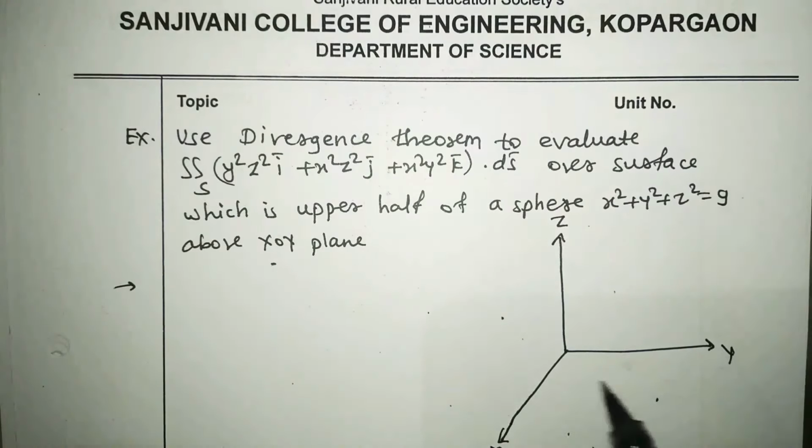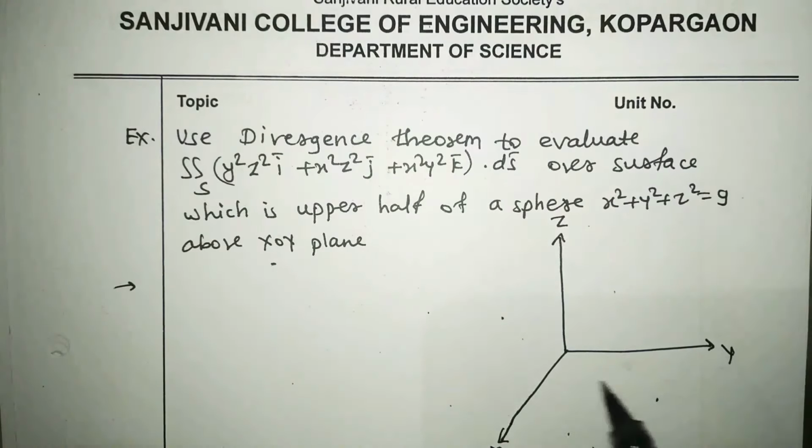So to use the Gauss divergence theorem, we have to write the statement of the Gauss divergence theorem. The statement we have to write here is: double integration over S of f bar dot n cap dS. That means this curved surface, but that is not closed. So to make it closed, we have to add this plane surface, that is the S1 surface. So plus double integration over S1 of f bar dot n cap dS is equal to triple integration over V of del dot f bar dV.